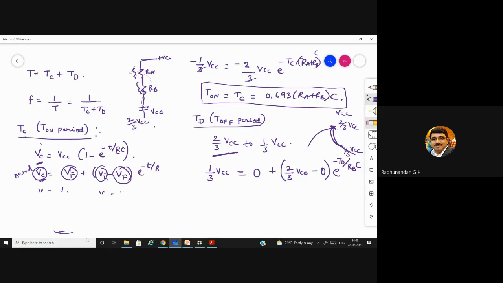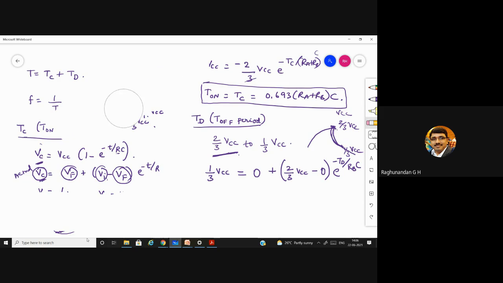So this transistor is connected after RA, right? For charging, the current has to flow through RA, RB, and then reach VC, the capacitor. For discharging, do you think the current has to go through RA and come back to the transistor? Does the current from the capacitor have to go through RA?